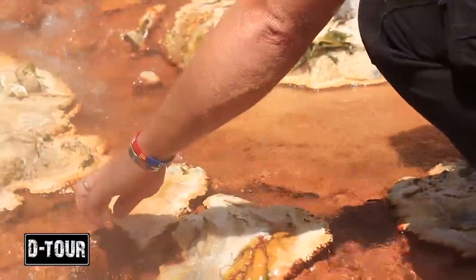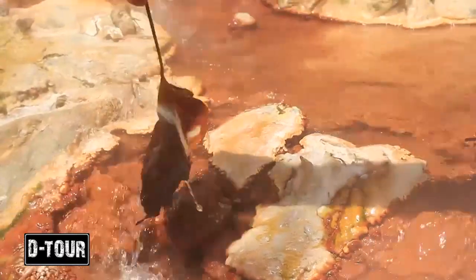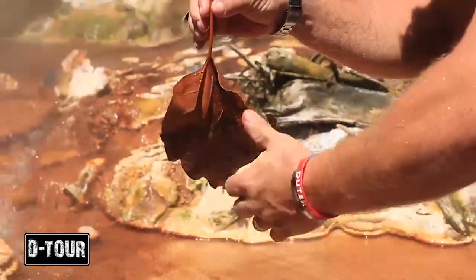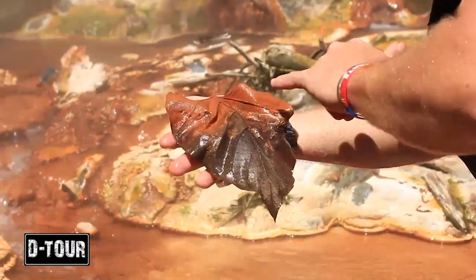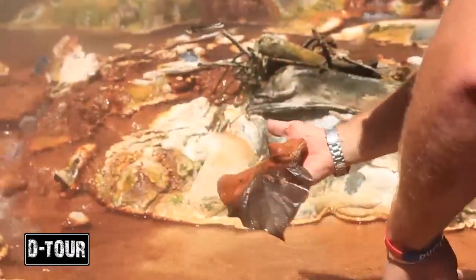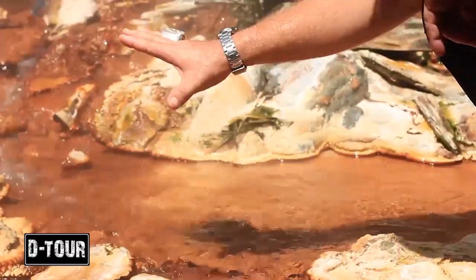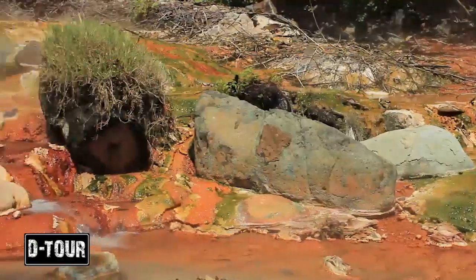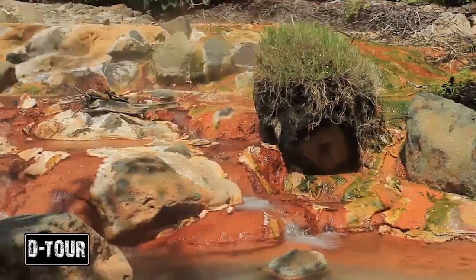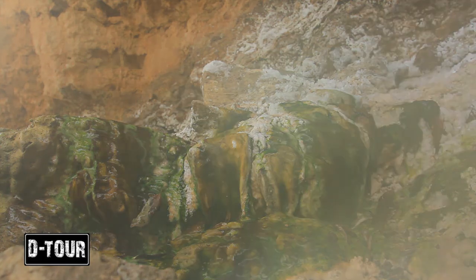This one right here has actually started, if we were to dry this out in the sun, this would actually harden up because it's covered by all those minerals. So given more time, that will actually turn into a rock and become a fossil. This is the way fossils are formed. You have something like that fall in, it's covered by these minerals, and then as time goes on, it keeps covering it, and the minerals actually replace the carbon that's in there and makes a fossil imprint of what that